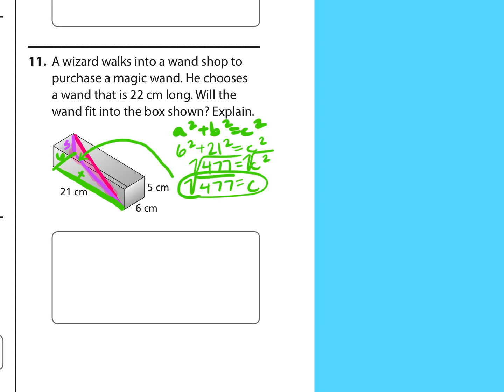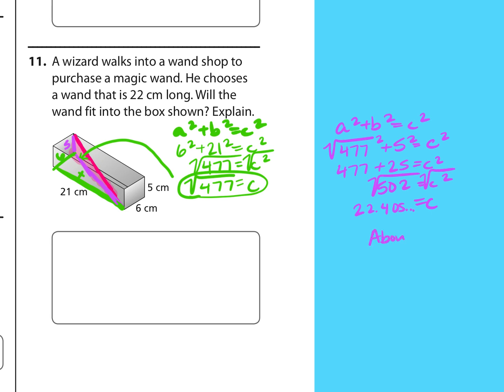So now I'm going to take that purple value here that we've just found. We're going to plug in once again, a squared plus b squared equals c squared. We've now got the square root of 477, which we'll square, plus 5 squared equal the unknown we're looking for, c squared. So when I take the square root of a number and then square it, they just cancel out, and I get 477. Plus 5 squared is 25. Adding those together, we get 502 is equal to c squared. And then square rooting both sides, c comes out to 22.405... So about 22.4 centimeters